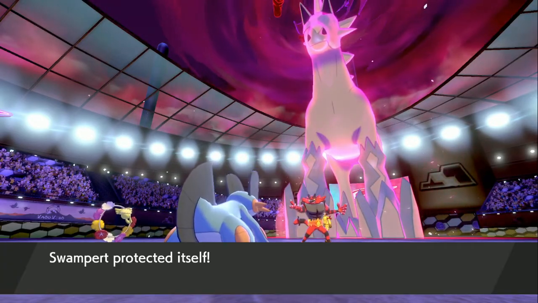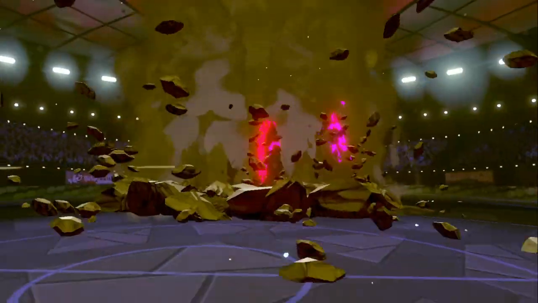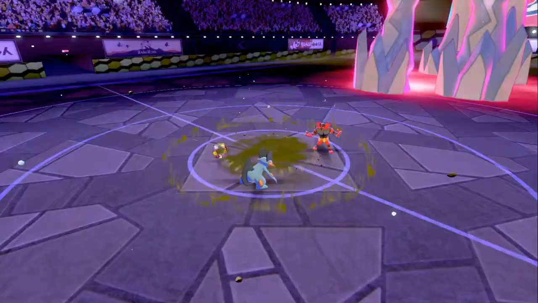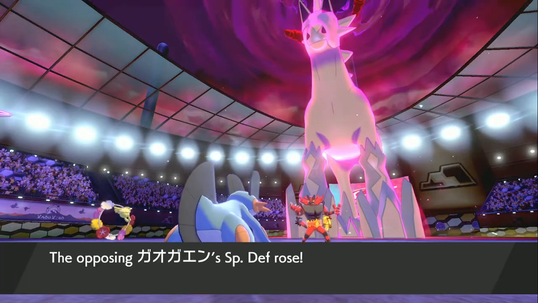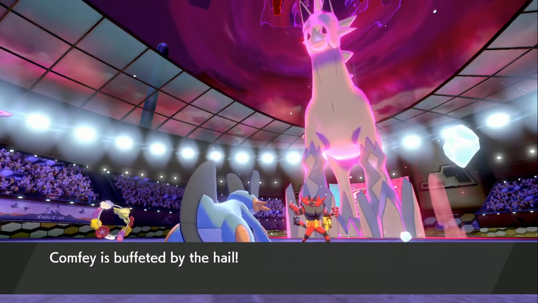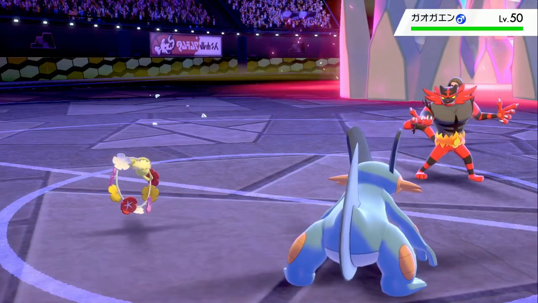So they're going to hit into Swampert. You're going to... Max Quick into Torkoal. Very smart. So Comfey is going to... Comfey lives, which is huge. And now I can Protect the Comfey. 49. So...